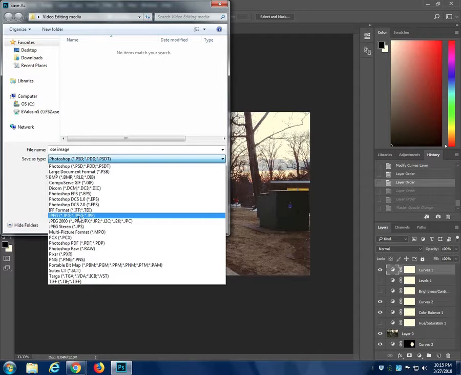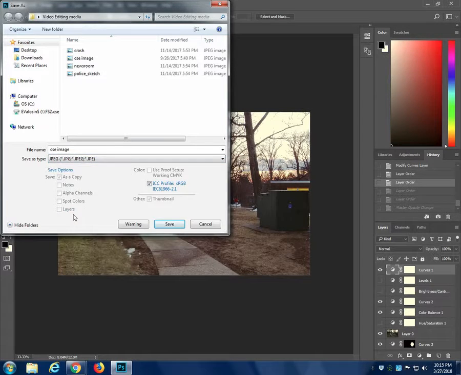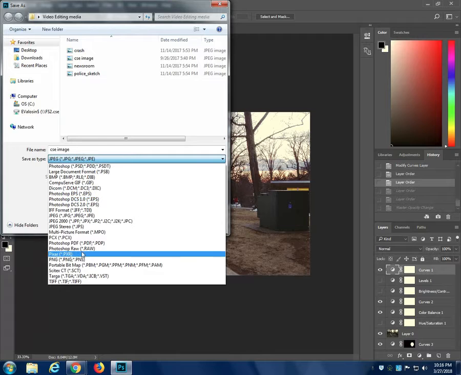JPEGs are by far the standard. They will give you the best bang for your buck as far as quality for file size. And that's the standard for if you're going to send somebody a photo. PNG, the only difference between PNG and JPEG, is that PNG is slightly lower quality, though not usually discernibly so. However, it retains the layer of information that contains